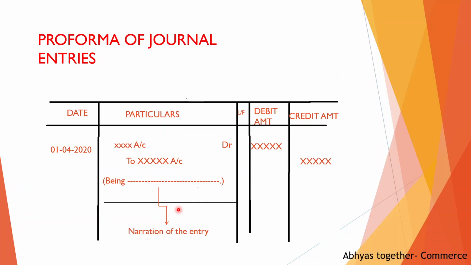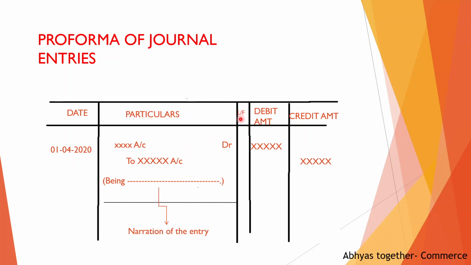So this is the pro forma of the journal entries. In the first column, we have the date. In the next column, we have the particulars, where we write the type of the transaction. Suppose we are purchasing from a supplier, then we write the purchases account debit to the supplier account. See, with the purchases, goods are coming inside, so it's a real account, which we have discussed already in the previous video. Then we write the narration here. This particular thing is called a narration, which means we are explaining the type of the transaction.